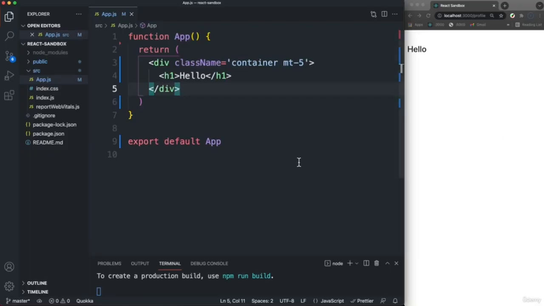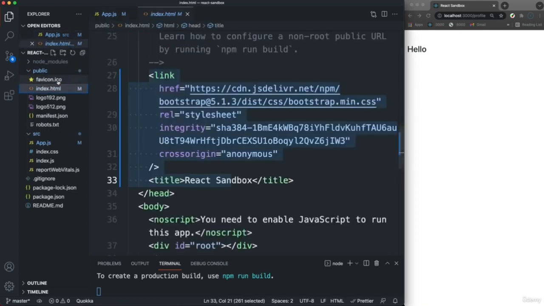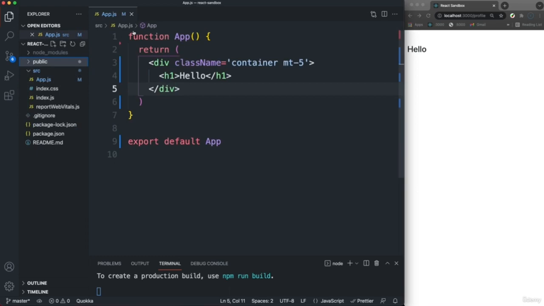Alright guys, so I have a brand new React application here. I just call this React Sandbox because that's what it is. It's not any specific project. I'm going to use it to just show you a couple things. And I just cleared up some files here. We cleared up my app component, and I did include Bootstrap. I just include the CDN in my public index HTML. So if you want to get all that set up and follow along, I would suggest that you code with me